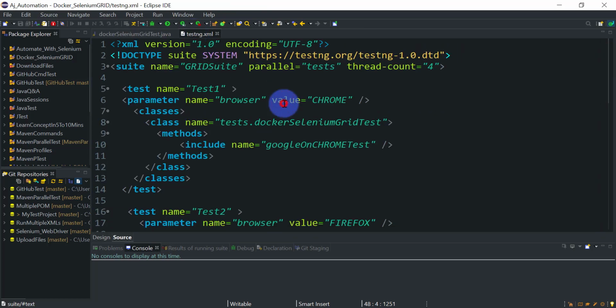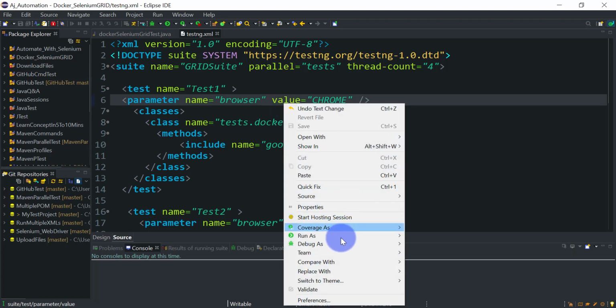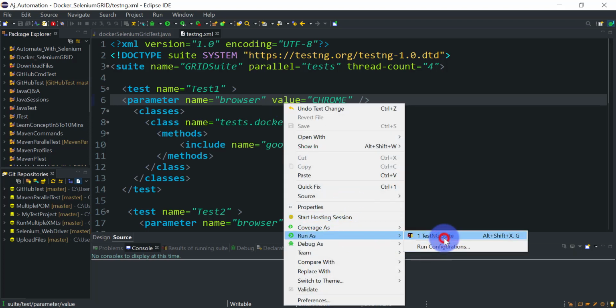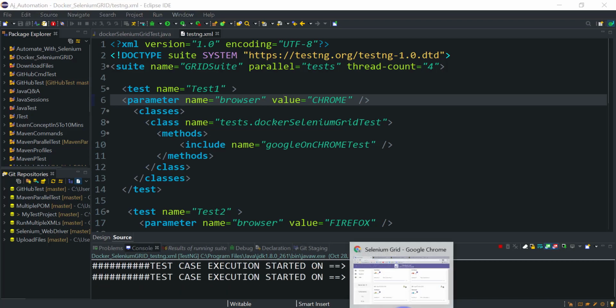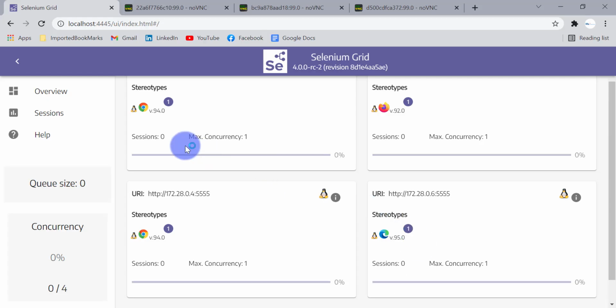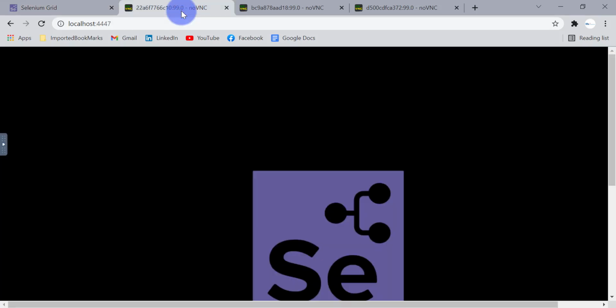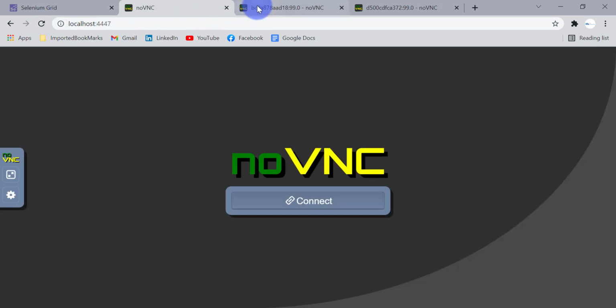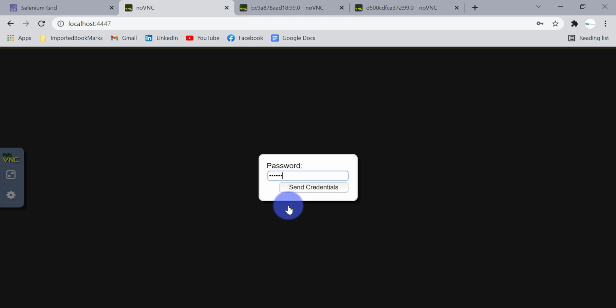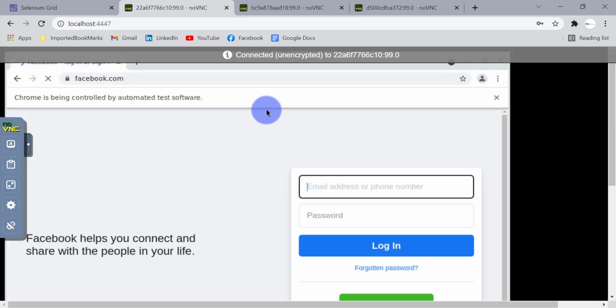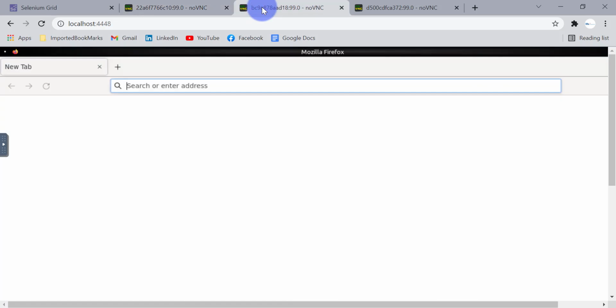So let's run this testng XML as a TestNG suite. Okay, so you will be able to see the test case here.